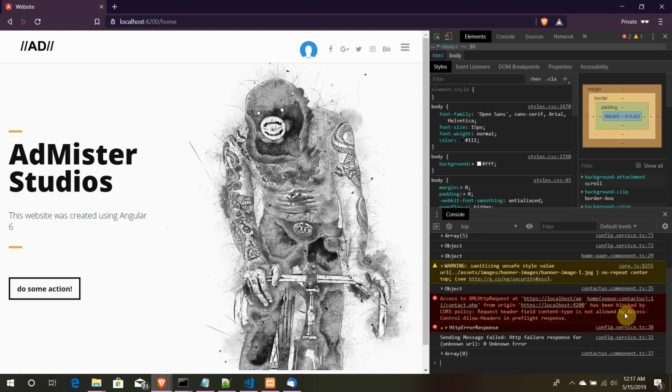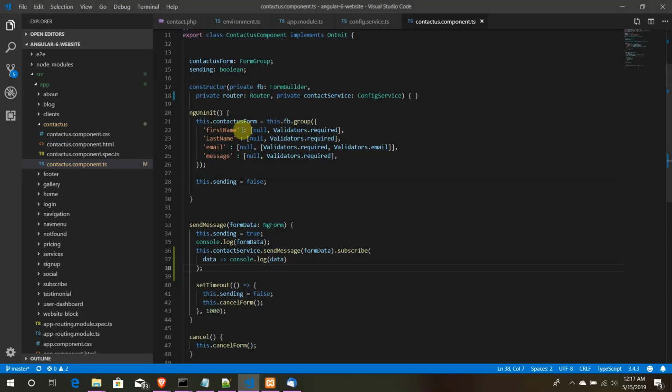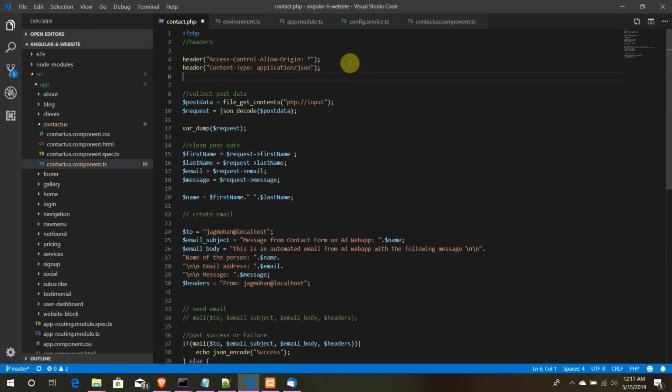So Access-Control-Allow-Headers. What that means is we need to specify a header, Access-Control-Allow-Headers,